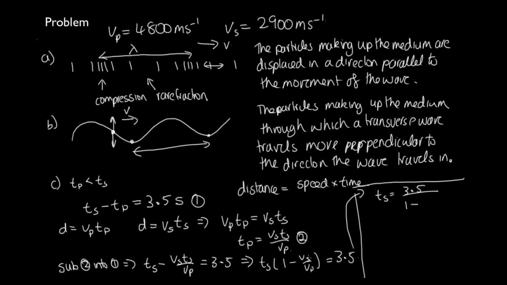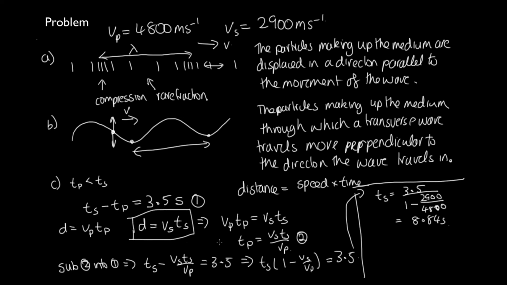Now Vs, the velocity of the S waves, we're told is 2,900, over the velocity of the P waves, which is 48,000. And so this is equal to 8.84 seconds. The question has asked us to find the distance, so what we can do is now substitute back